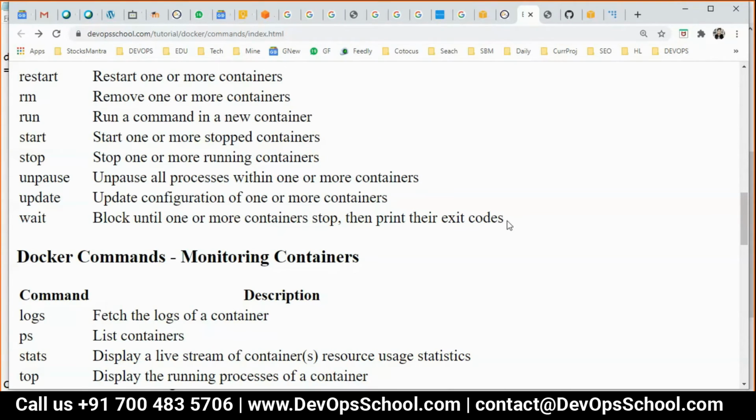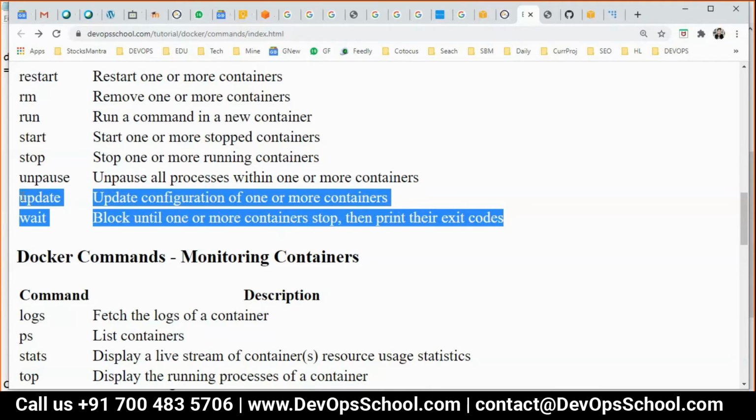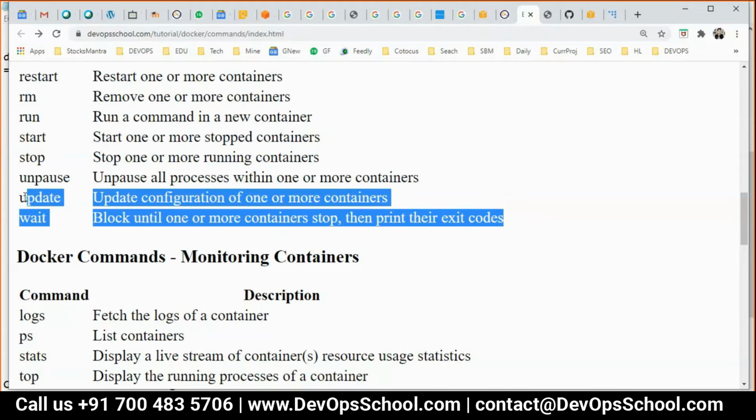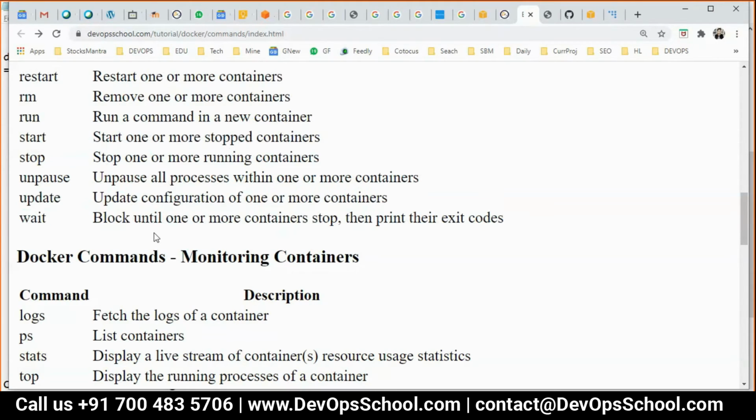So you need to teach me. One more thing: you have Google, you have the command line, you have a help file, everything. You need to teach me what exactly happens. I would request you not to read the definition on Google, because the definition and the behavior have a little bit of context mismatch. Sometimes we use very standard terminologies to define a behavior, but I do not understand the standard terminology. I want to see the technical behavior of it. In the same way, you have to tell me what exactly the update is.